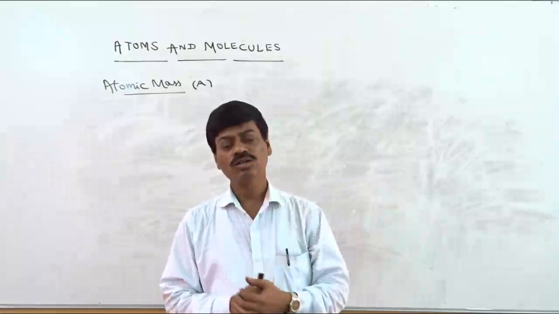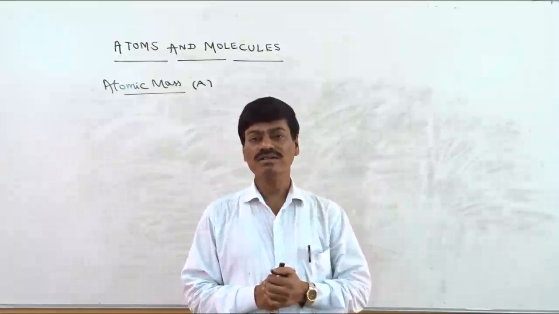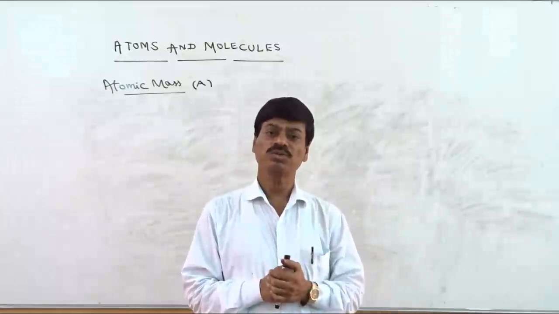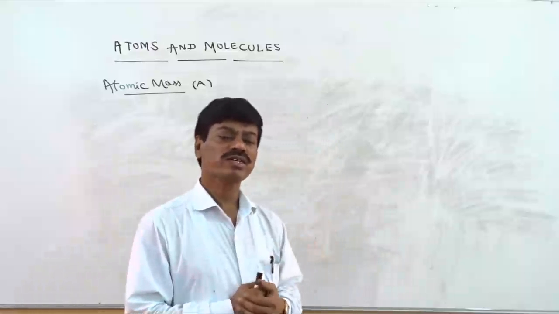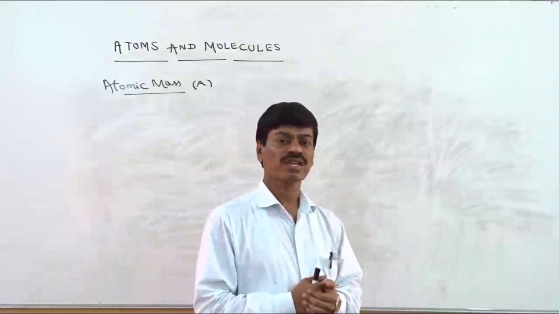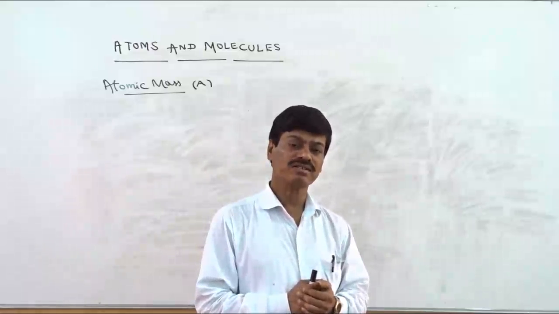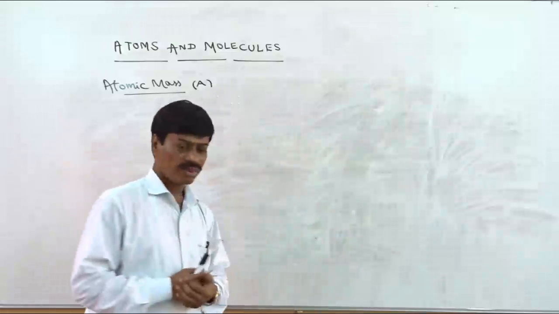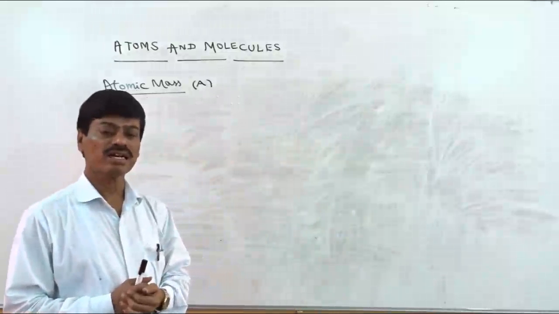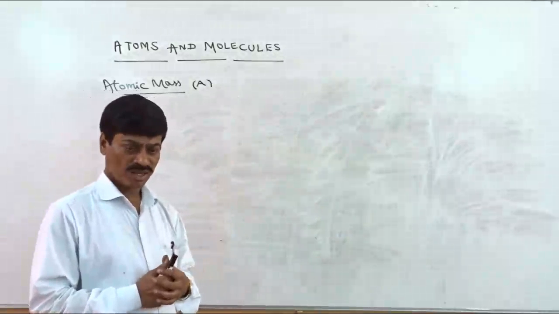And here, to know the number of protons, the atomic numbers of elements should be known to you. So right from the first element, hydrogen, to the 20th element, that is calcium, you need to memorize the atomic numbers of elements with their symbols. Now let us see how U is calculated in place of AMU.